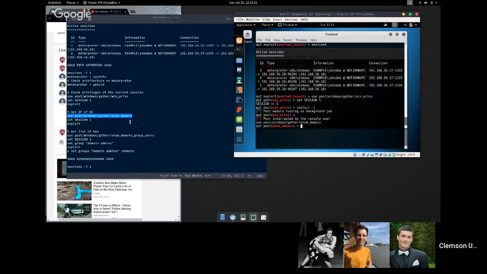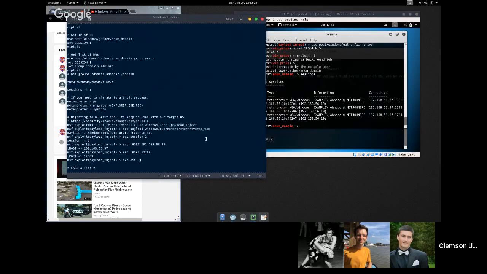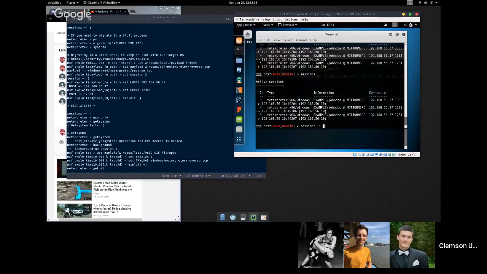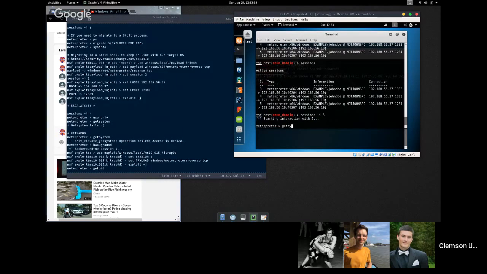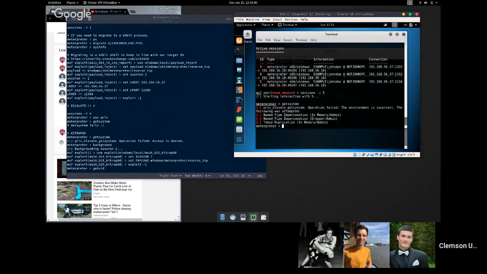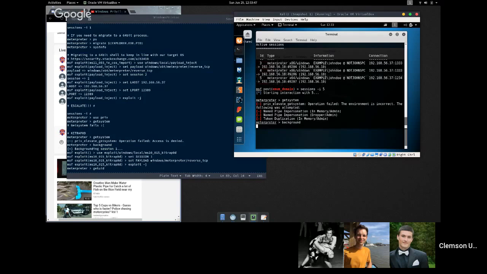Oop. I think we're getting that same warning. We can back off of that for now. Sessions, so we'll drop into that 5th one and try getsystem. And for some reason it fails, for one reason or another. I don't entirely know, but it does. So that really sucks. A lot of people just get stuck at getsystem,